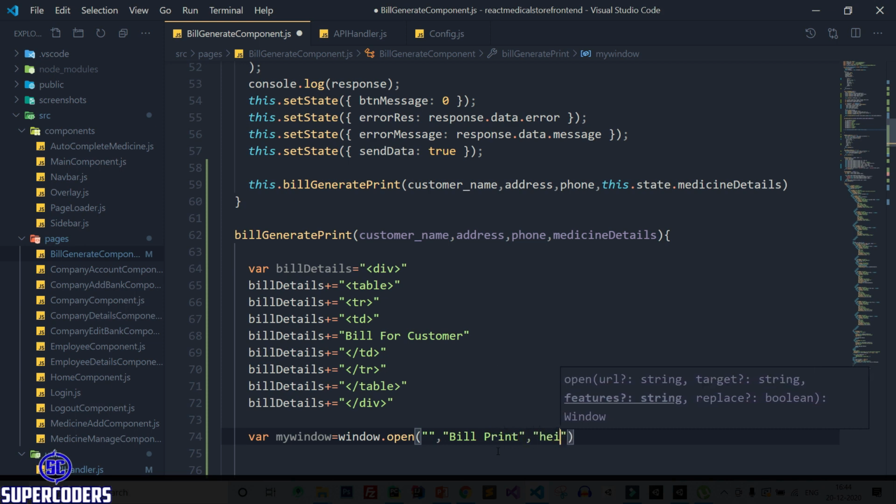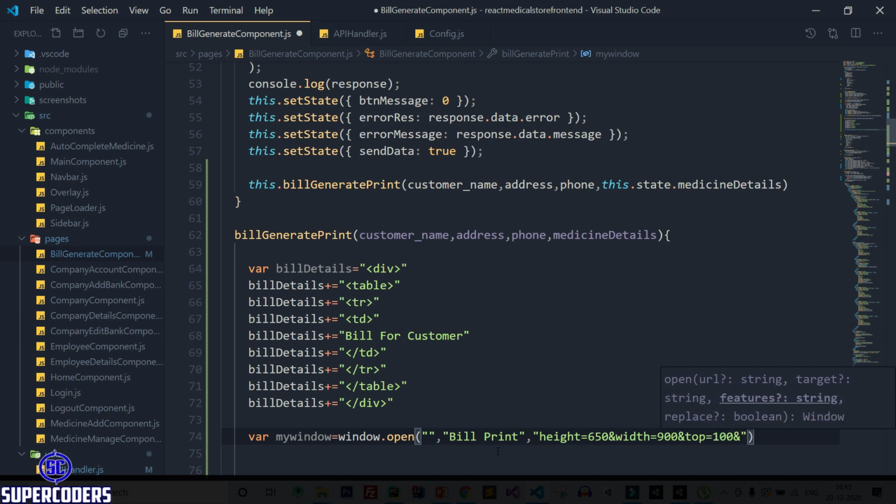Third will be height equal to 650 and width equal to 900 and top equal to 100 and left equal to 100.